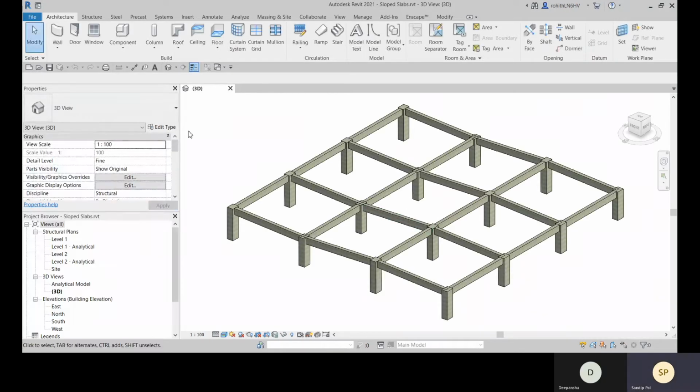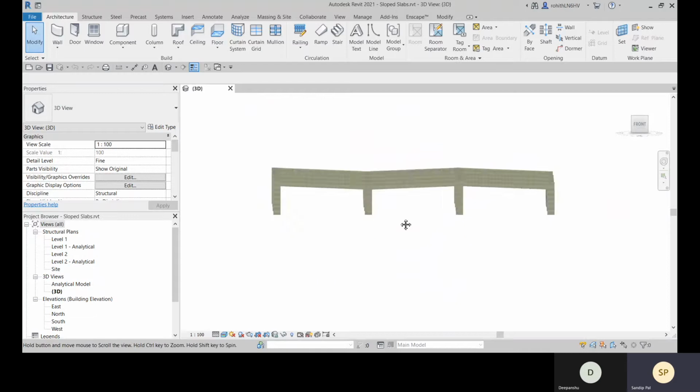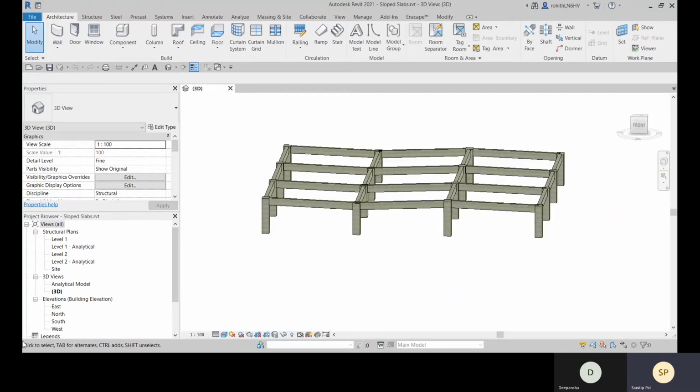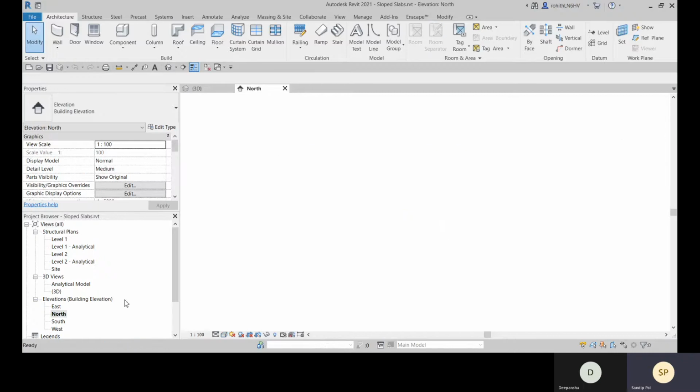Okay, so you know how to place floors and slabs, right? So suppose we have any kind of slope in our slab, how do we do that? Let me show you in this elevation